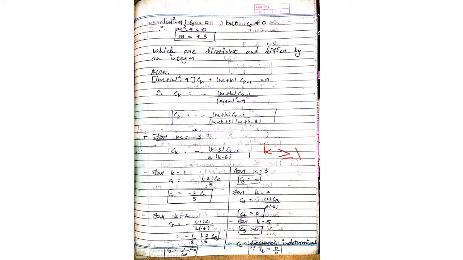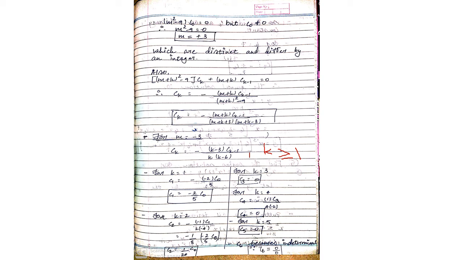So why are we continuing this procedure? Because here we didn't get an indeterminate form, and definitely it will be that you always get an indeterminate form only. It's fixed. So you have to apply this procedure until you get an indeterminate form. I'm continuing with all the coefficients C1, C2, C3, C4 and C5.